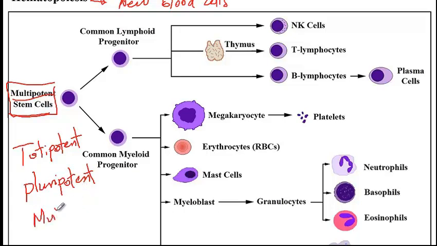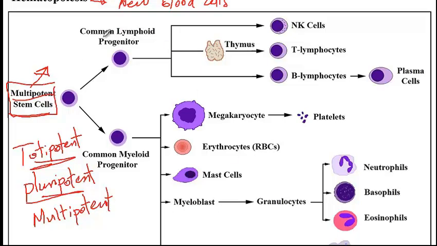And then finally we have multipotent cells, which are more limited in the type of cells that they can give rise to. So here we have multipotent stem cells that can give rise to different blood cells, but they're limited. Like for instance, they can't give rise to neurons. Pluripotent or totipotent can do that, but multipotent is limited. So anyway, here we have a multipotent stem cell, which gives rise to different